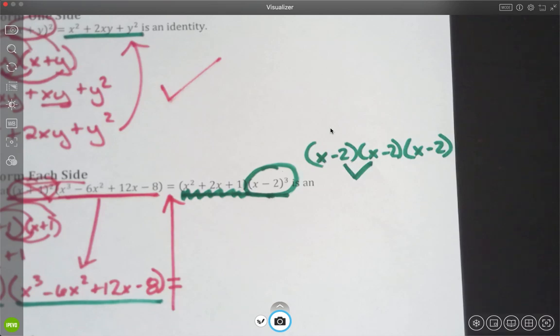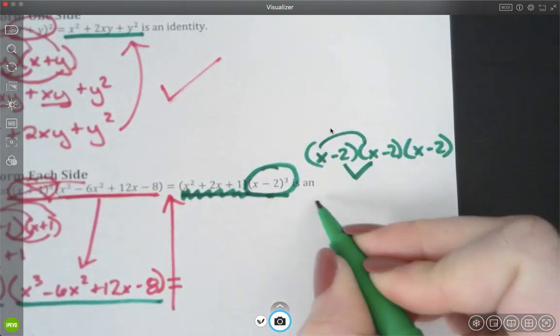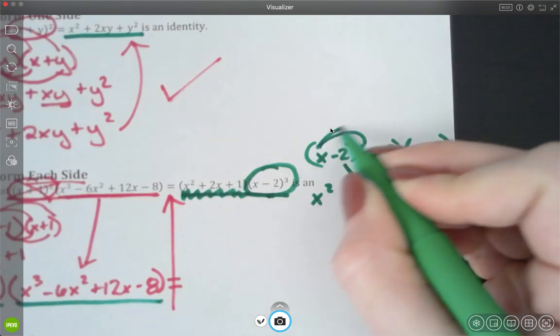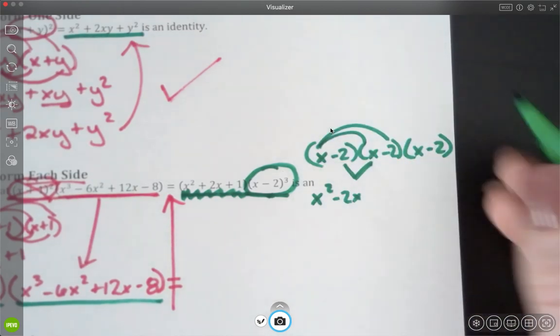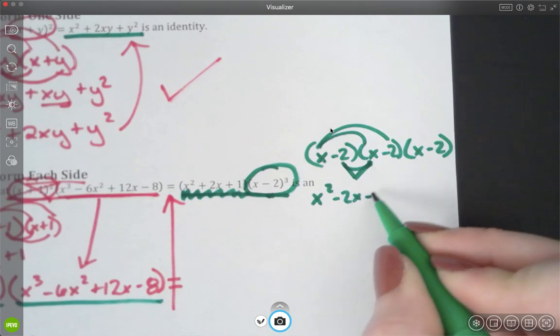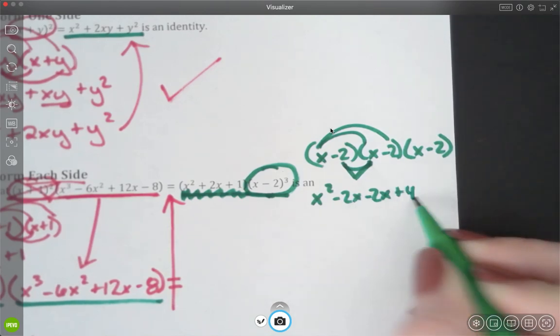Foil the first 2. Okay, so we're going to multiply those 2 together. x times x is x squared. x times negative 2 is minus 2x. Minus another 2x. Plus 4. And then you take